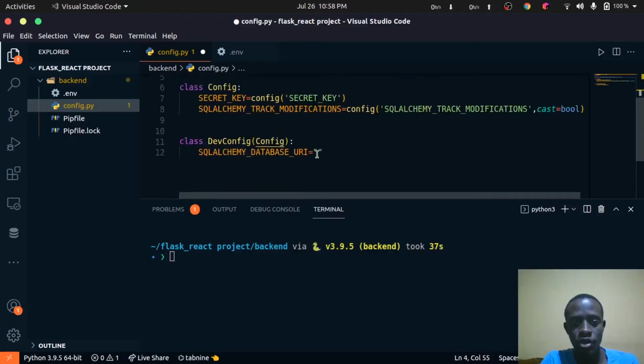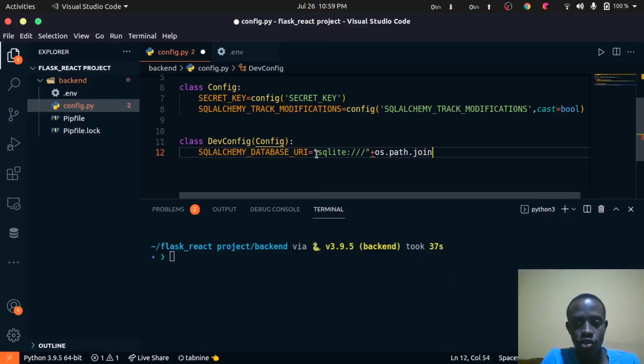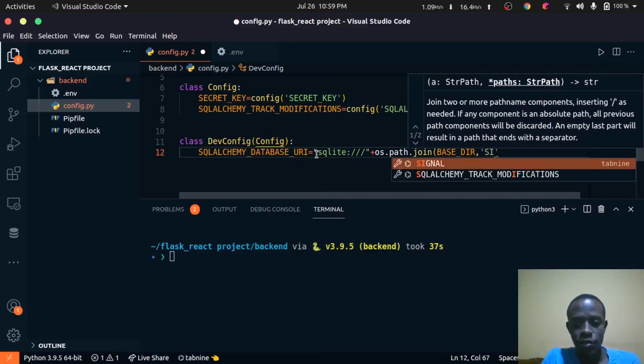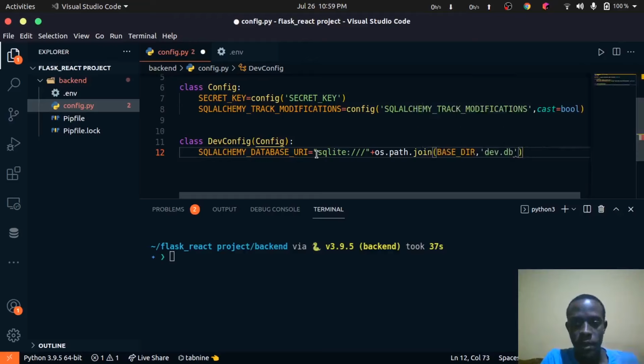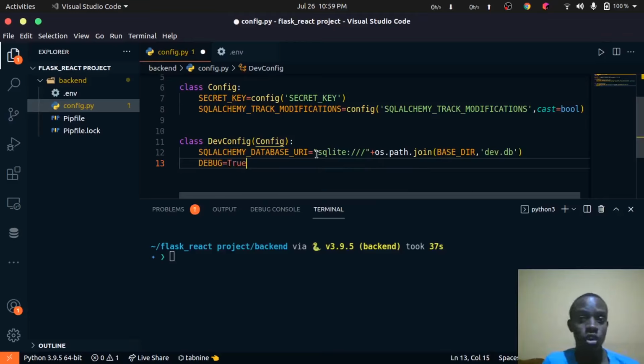So to do that, I'm going to come and say it's going to be sqlite, and then I'm going to add os.path.join. So this is going to join the BASE_DIR as well as the file we want to create. So I'm going to create this file and may call it dev.db. So after doing this, the next thing I will want is to set the debug variable to true. This is when we are developing, as this is going to help us to be able to access exceptions on a front end